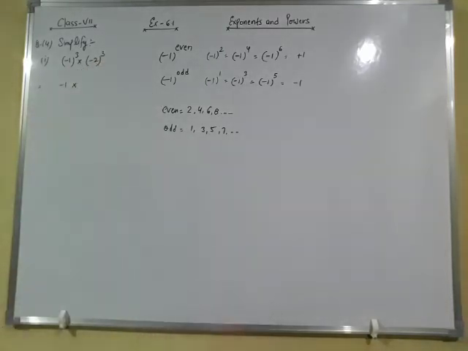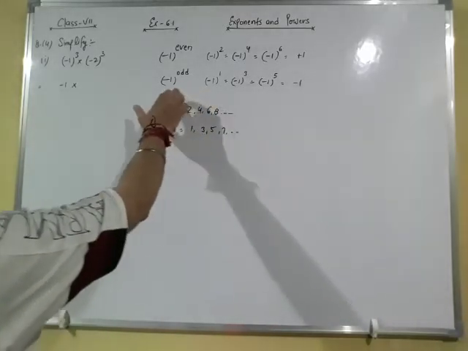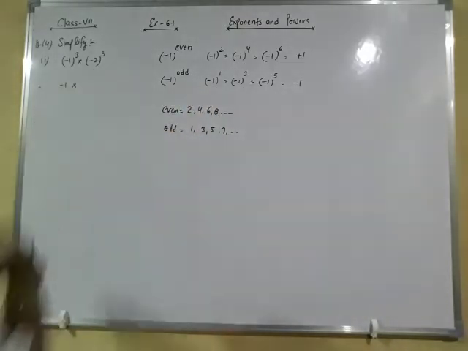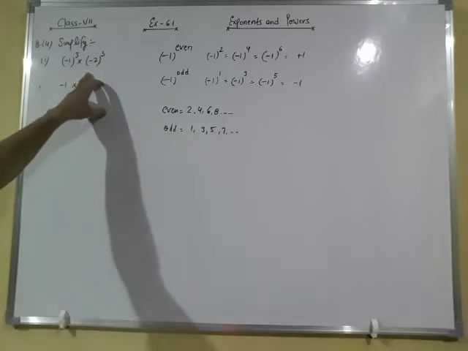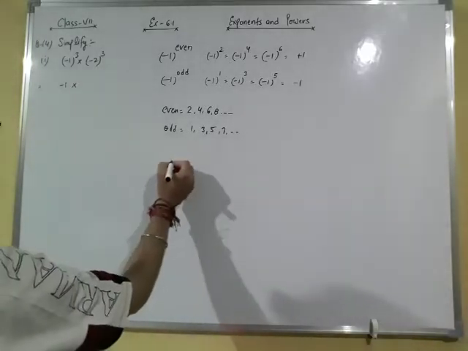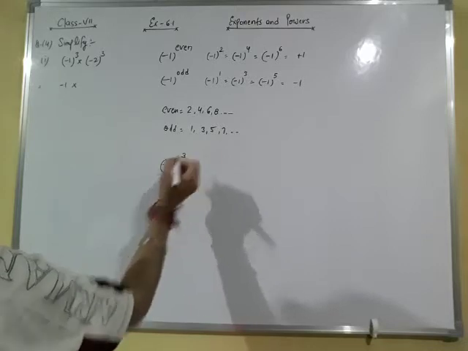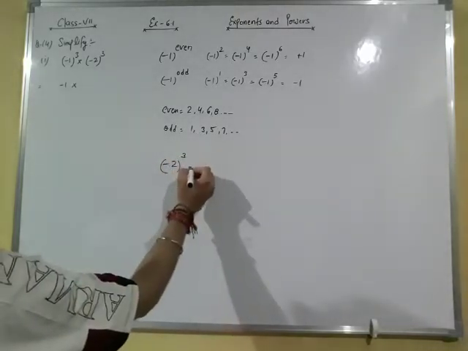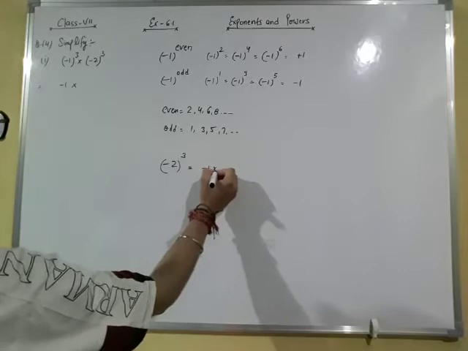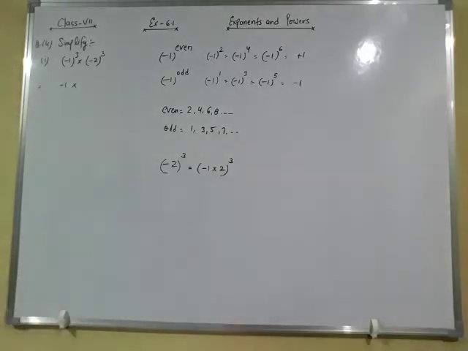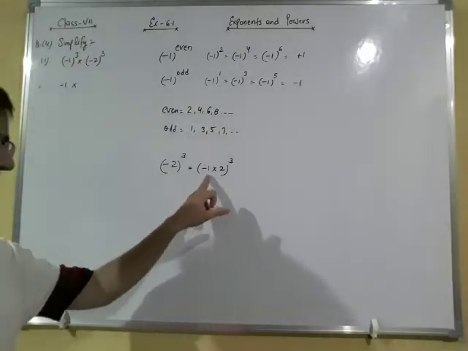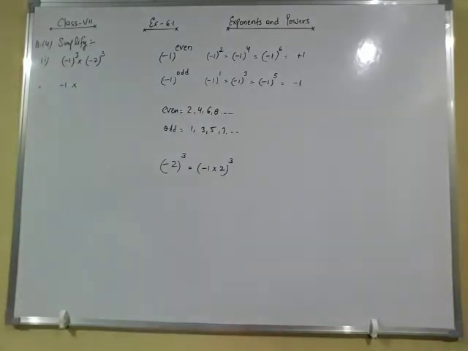Now you may have some confusion. This is the rule for minus 1 and here we have minus 2. So what will we do in this case? There are two methods to understand minus 2 raised to the power 3. Solve it separately for your understanding. Minus 2 can be written as minus 1 multiply 2, raised to the whole power 3. Am I right? Because when we multiply minus 1 by 2, we get minus 2.